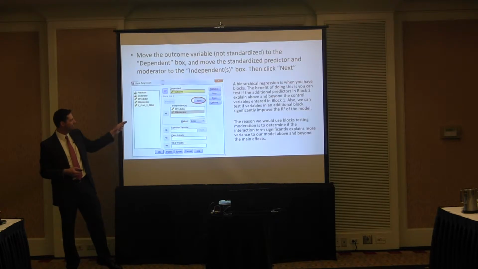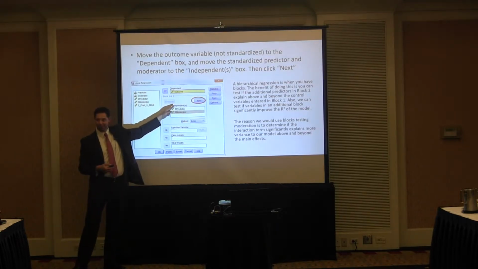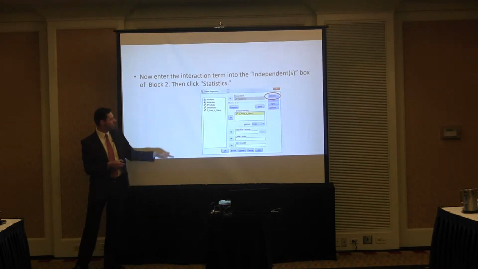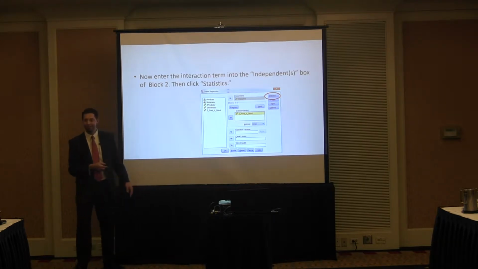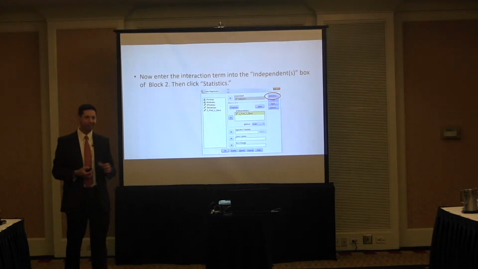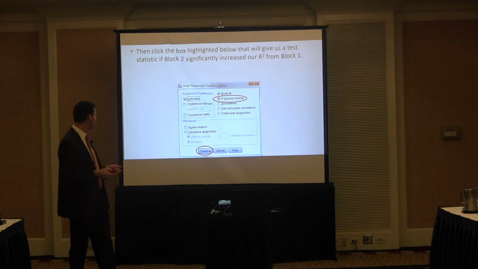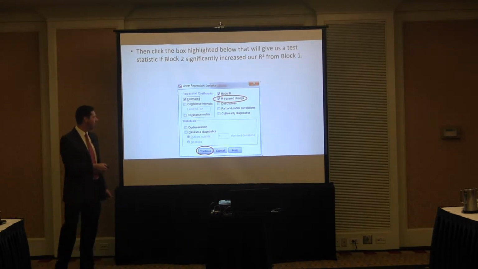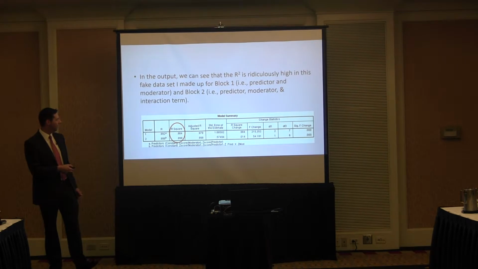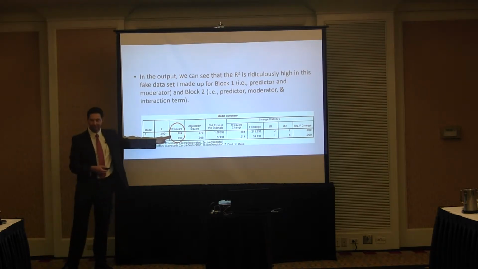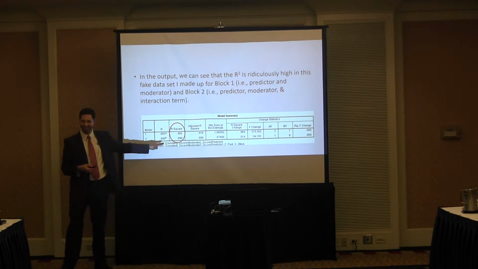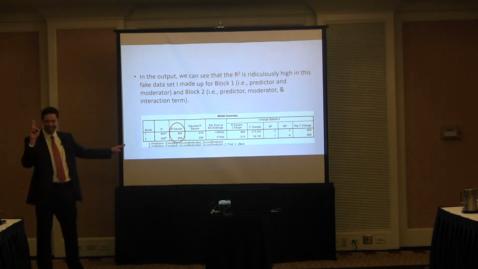You don't have to do it this way, but if you click Next for block 2, you can add your interaction term either right here in block 1, or you can click Next, and the second box will come up, and you can put it in block 2. And the point of doing it this way, which again is up to you, is you get to see if that interaction term explains significantly more variation beyond what was there before with the main effects. Options here, click for the R² change and continue, and then OK. And we'll get our output. Our R² is really high with this fake data I made up. It's almost perfect, only one number is off by one.